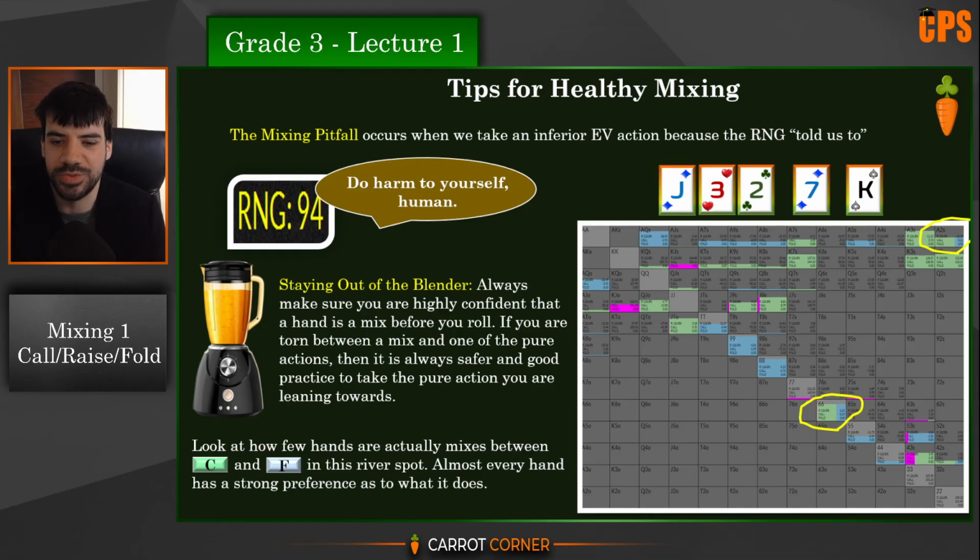Therefore, if you get to this spot with Jack 10 and you instantly defer to the RNG and it rolls a high number, which means fold this time, and you fold this time, you throw away money. Same thing if you mix a call with 8s. The RNG told me to. No, it didn't, because you're not allowed to consult the RNG when there's no call frequency allowed because calling is